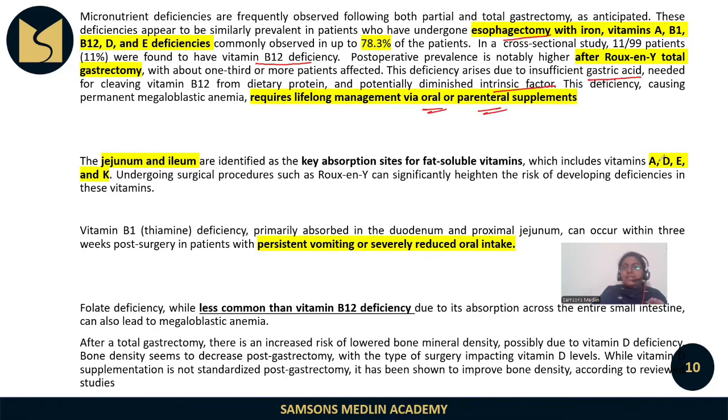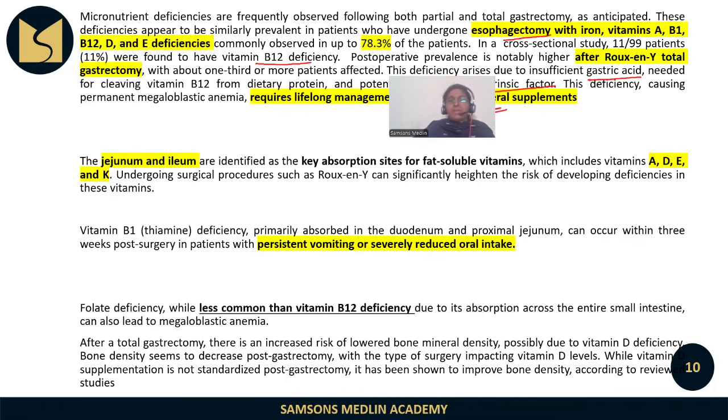Now, vitamins A, D, E, K. What sort of vitamins are they? They are fat soluble vitamins. So, especially surgical procedures like Roux-en-Y can significantly affect these deficiencies, but we can correct it by using supplements. Now, in the case of vitamin B1, the level of deficiency depends upon